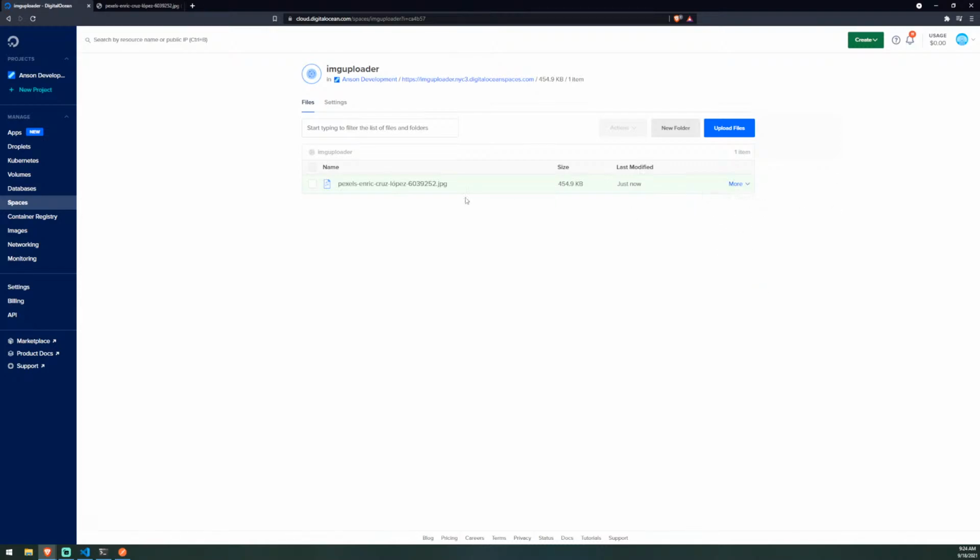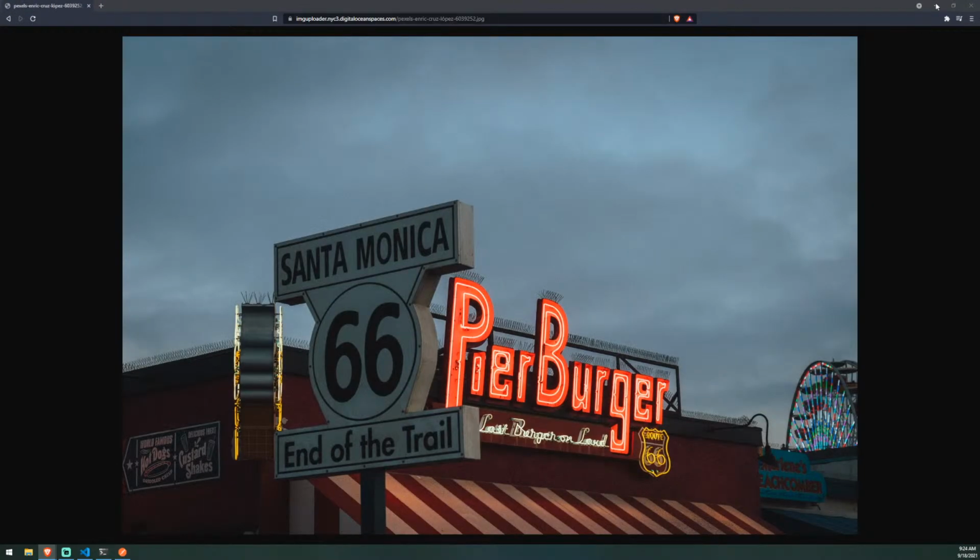Okay, so now we have our own image uploading system. So now all we need to do is use AWS S3's SDK to invoke the Spaces API to upload the images for us. Okay, so what we need to do to achieve this is we actually need to